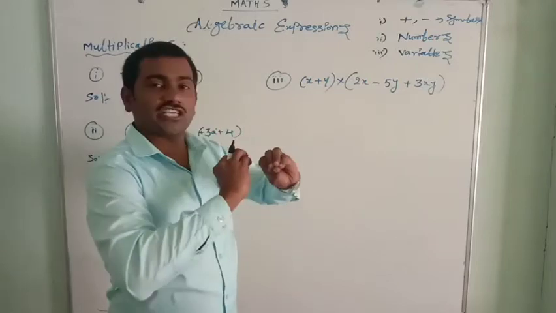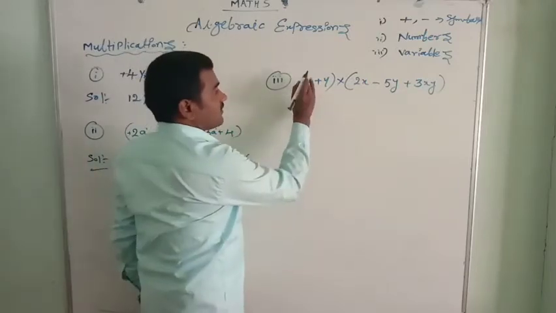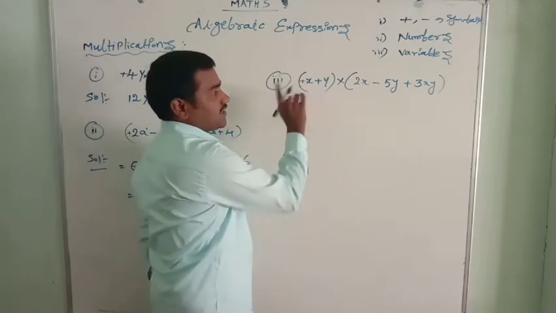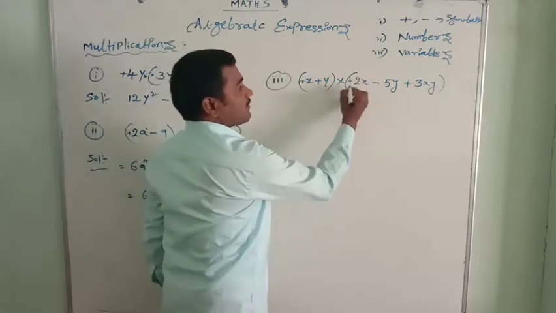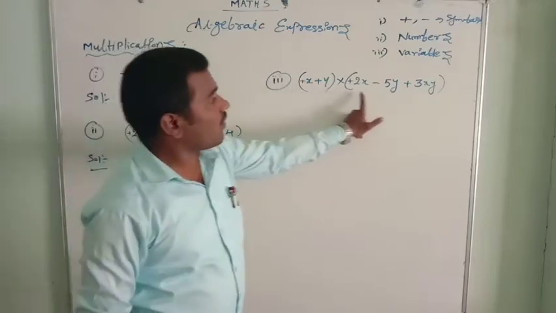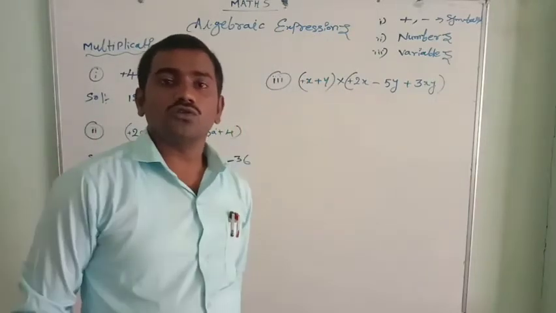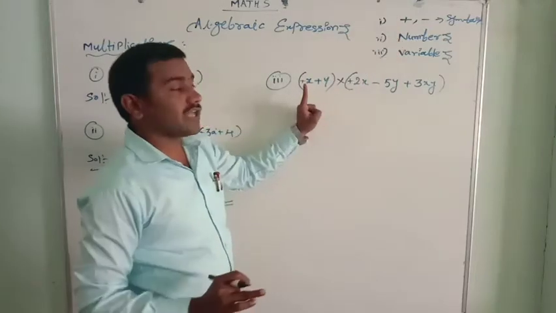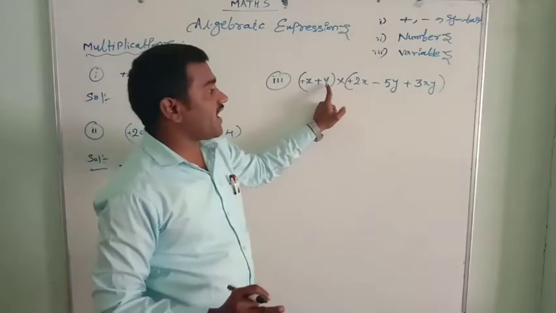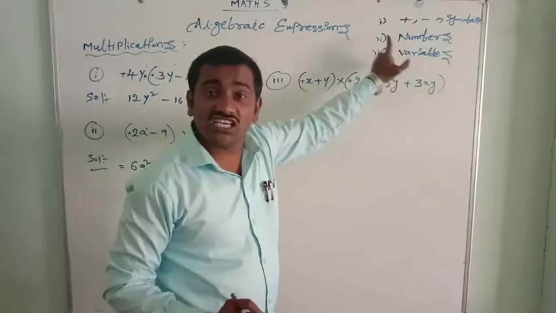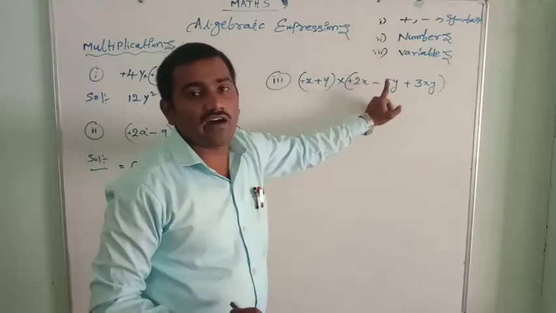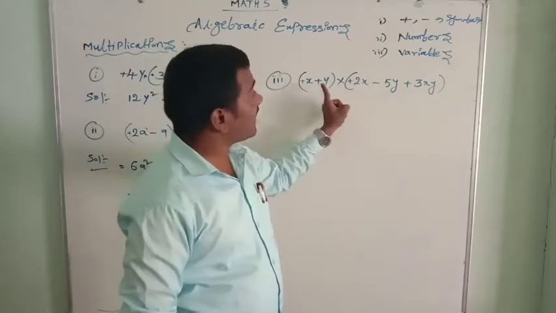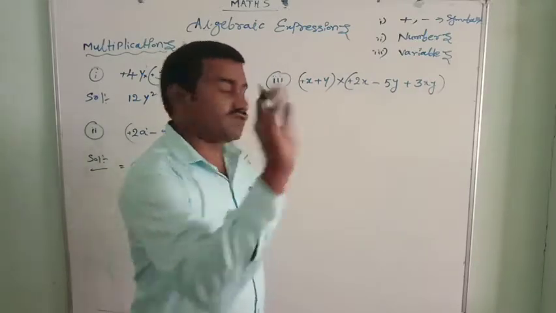So first of all, let us keep the symbols. Here we don't have a symbol. Before x there is a plus. Here before 2 there is a plus. Remember, complete all the terms with symbols. First we need to do the symbols multiplication. That means x plus y is multiplying all these 3 terms of the trinomial. So x is multiplying these 3 terms. Next y is multiplying these 3 terms. In this way we need to do it.